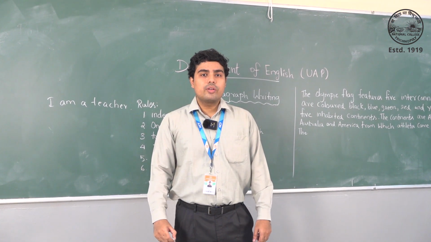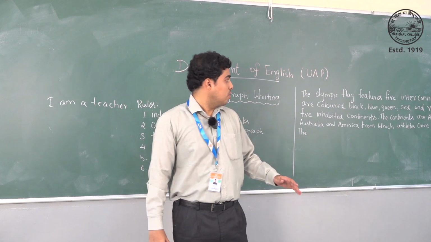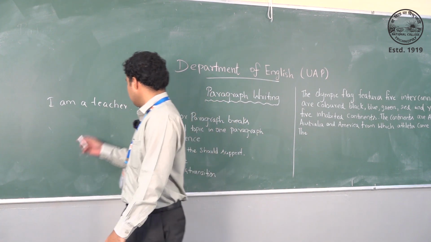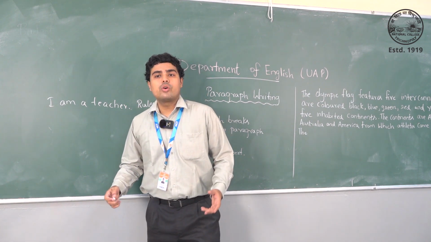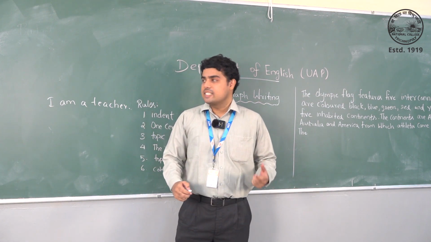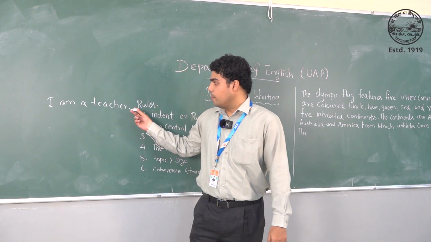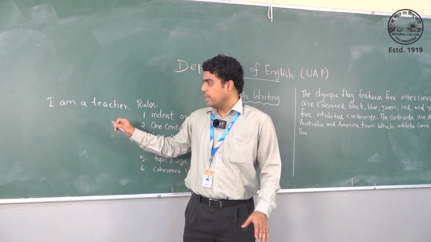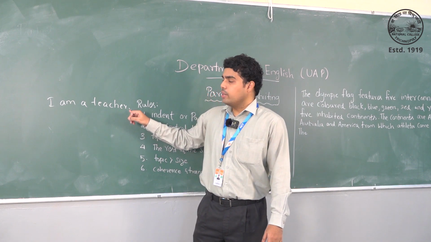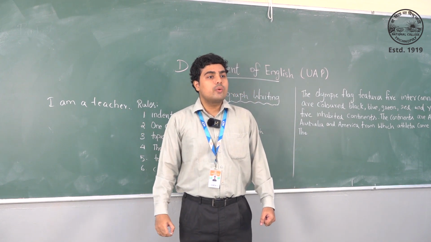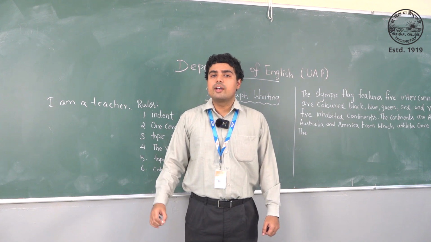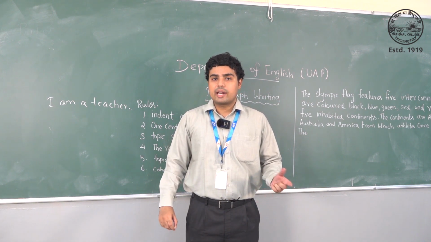So the goal of writing a paragraph is that coherence matters. For example, what is coherence? Coherence is the link between each sentence. If I am saying I am a teacher, I shouldn't talk about something else. For example, if you are writing a paragraph, you have to say I am a teacher. Right now there are 20 students in my classroom and all of the students are attentive. This is a sample of paragraph writing.